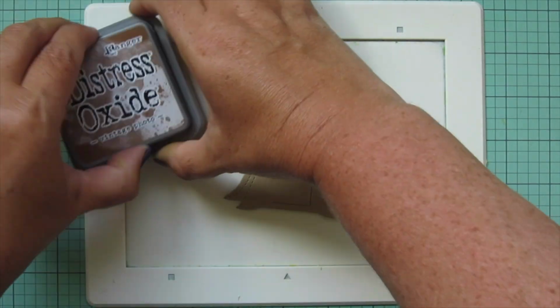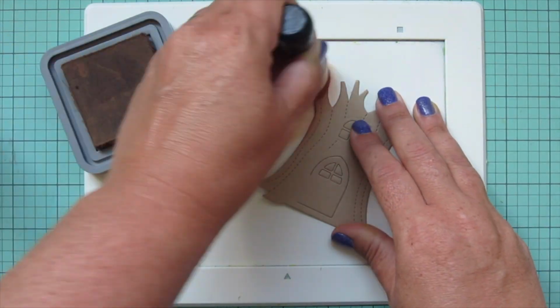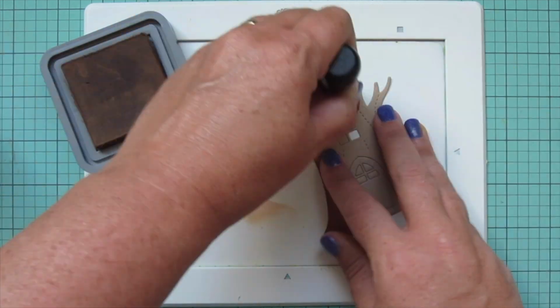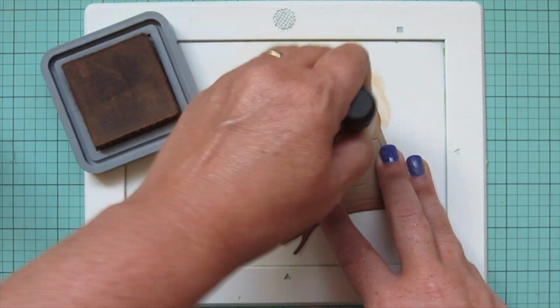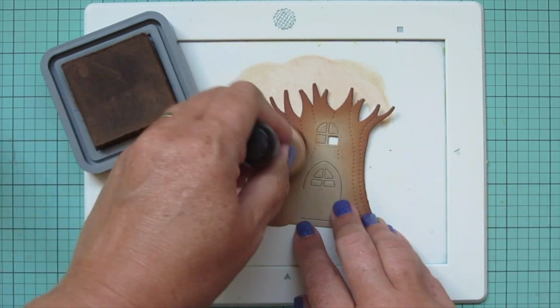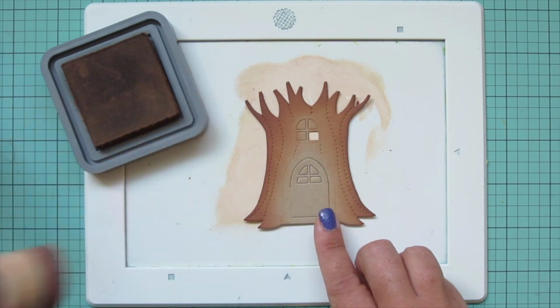And then I'm going to move on to my tree trunk, and I'm going to darken that one up using some Vintage Photo Distress Oxide ink. So I'm just blending that on, making sure that it's darker on the outside edges and letting that fade to the regular craft cardstock toward the center. And that darker ink is also going to help highlight all of the stitching detail that makes up the wood